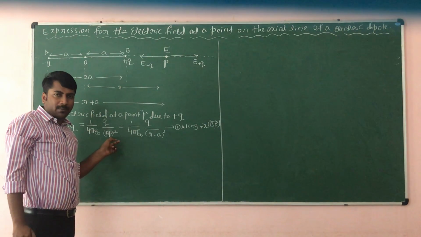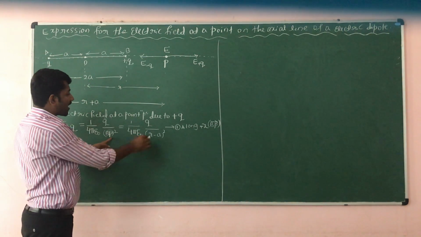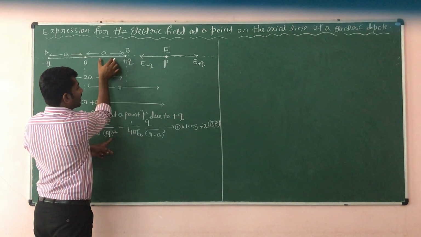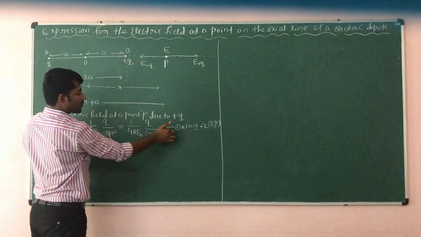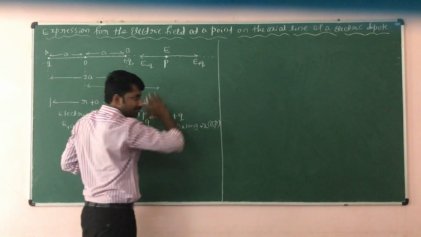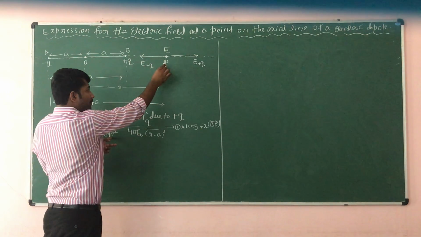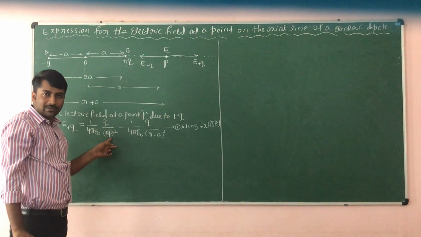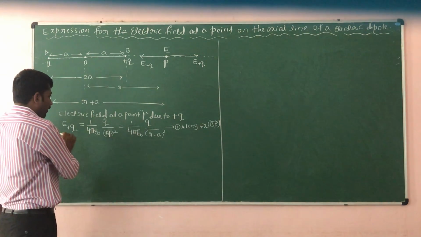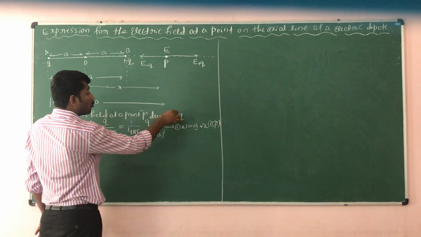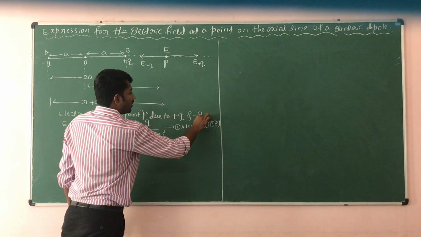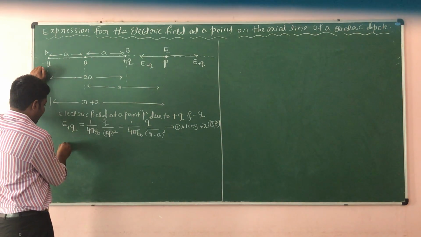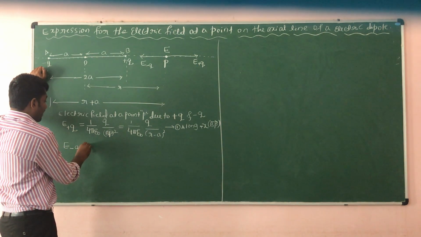Electric field is inversely proportional to the square of the distance. Therefore, you can write this equation. How do we find this distance? The total distance is R, and here the value is R minus A whole square. This is along the positive x direction. Now, let us calculate the electric field produced at point P by the negative charge. Electric field due to the negative charge, similar to the positive one, how do I write this equation? Electric field due to the negative charge is equal